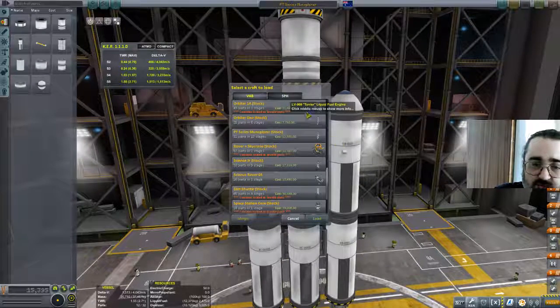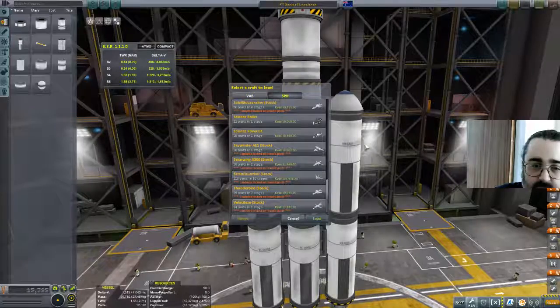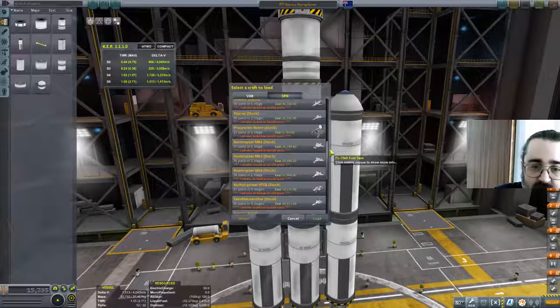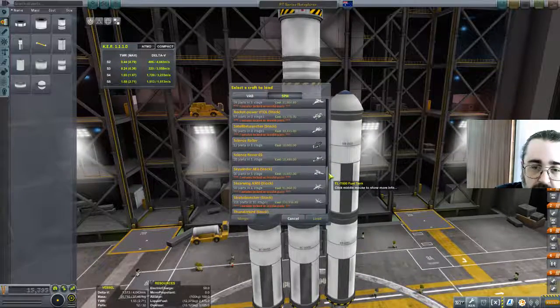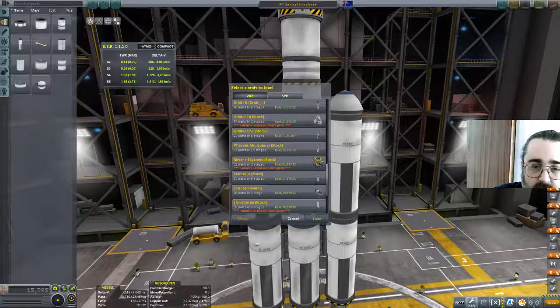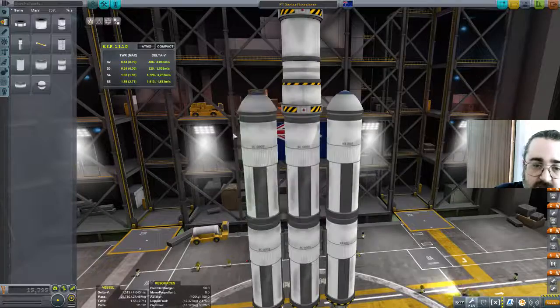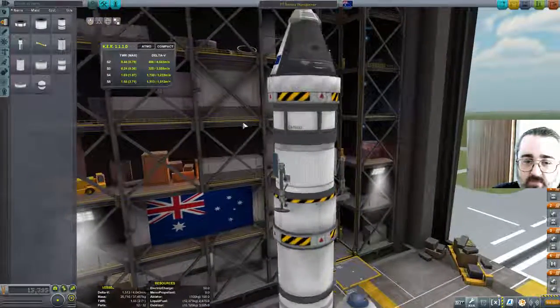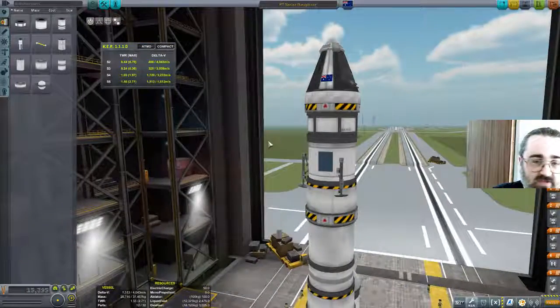Mun Explorer, and I was thinking of going to the Mun. I didn't realise you could get spaceplane hangar stuff. So I think I'm actually going to go with this. I'm going to land on the Mun with this. Except,